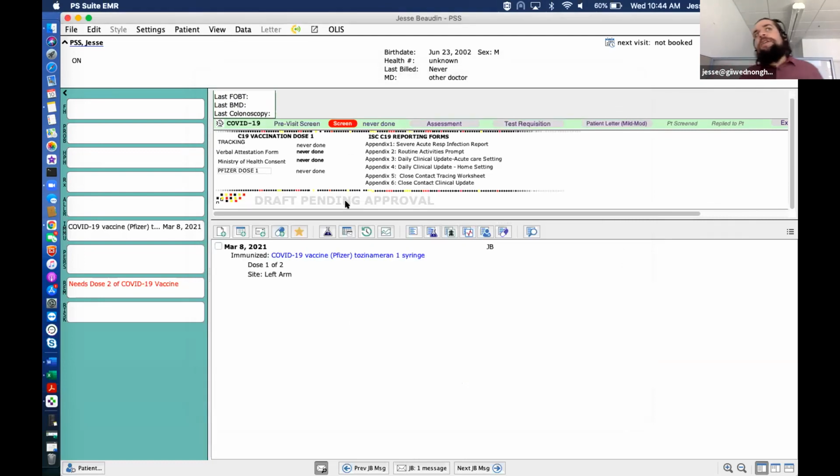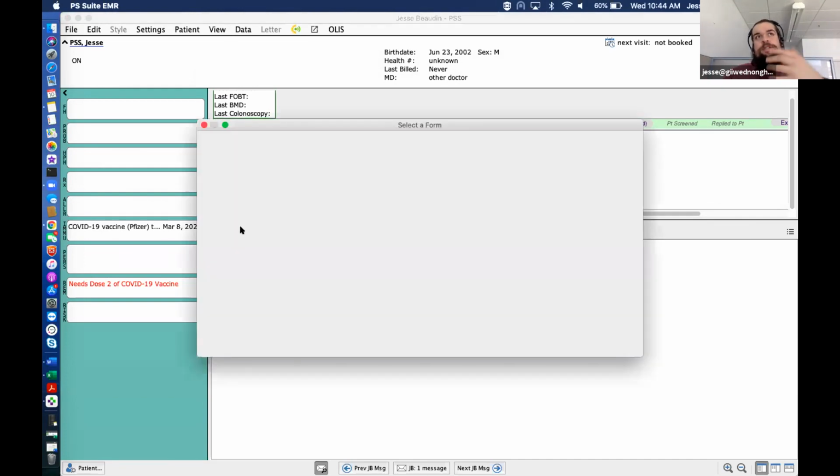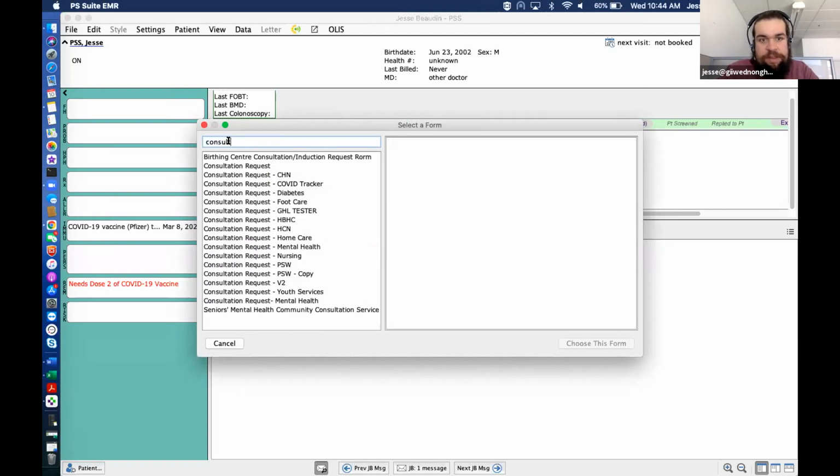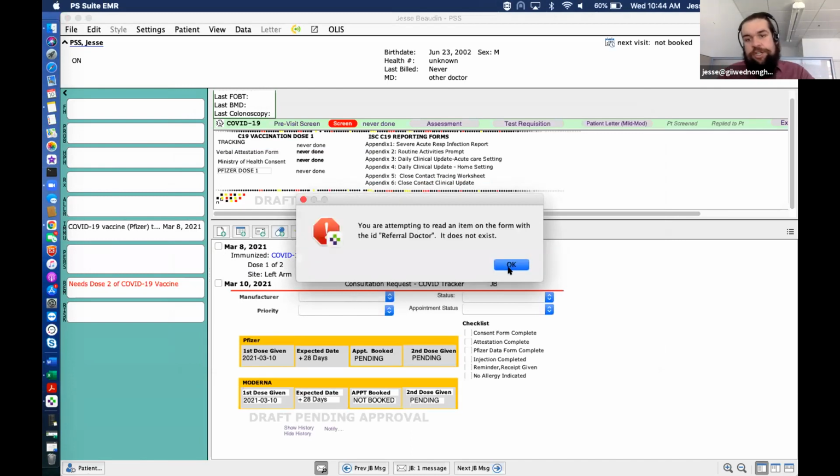Now, one of the alternative things that we've been considering internally here with GHL is the potential utilization of a dashboard, using our dashboard to track who's received the COVID vaccine, who hasn't received the COVID vaccine, and things like this. And so what we've created is essentially a consultation form, similar to what your internal referrals look like, just for COVID though. So in this sandbox, we've got this COVID tracker, consultation request COVID tracker. If I drop that into a patient's chart,